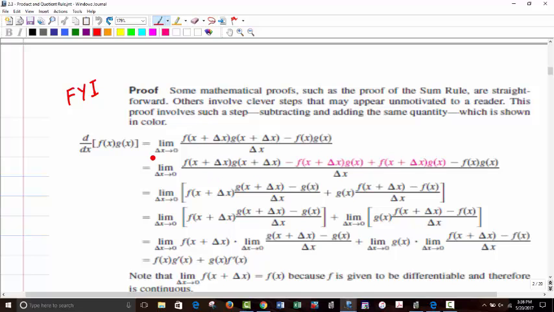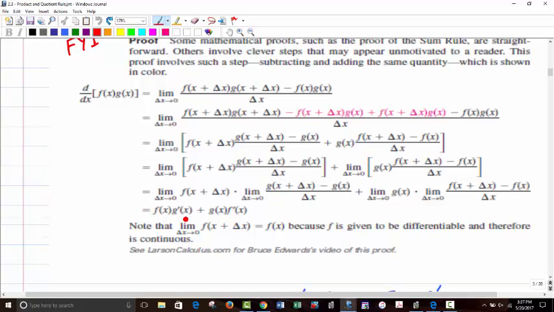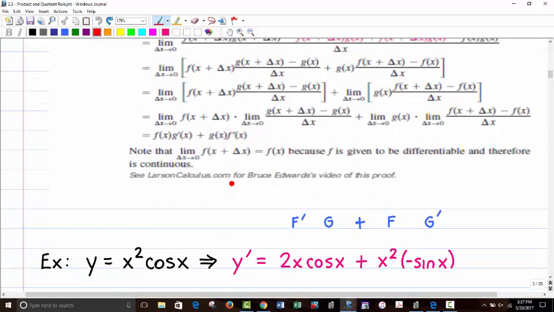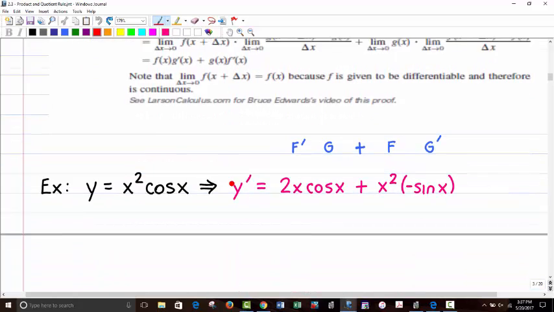So it's taking the limit definition, and it's having to subtract and add some terms, because obviously those would cancel, and you end up with that result. It is not important that you know this at all. Just know the f prime g plus f g prime. All right, so